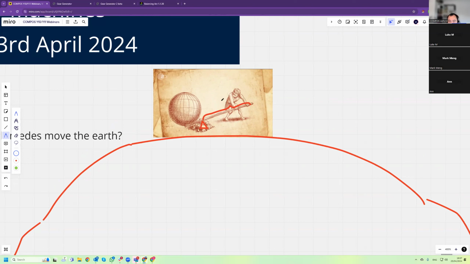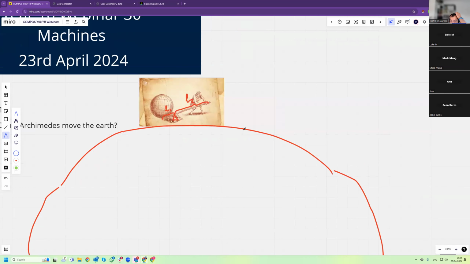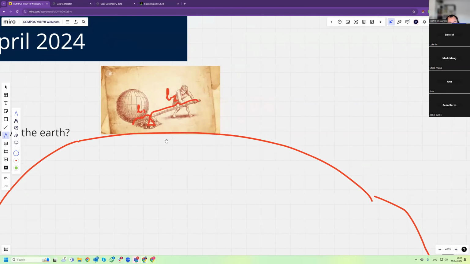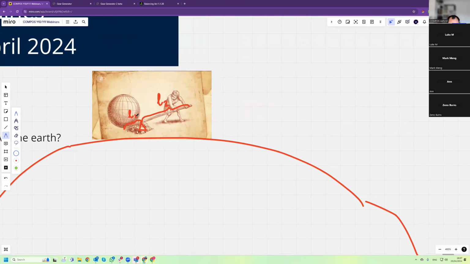Let's call it L2, and this is L1. Imagine an infinitely strong plank and then the fulcrum. Let's say for simplicity that this is 1 meter. Oh, actually, no, we don't need to imagine that this is 1 meter. But what we need to understand